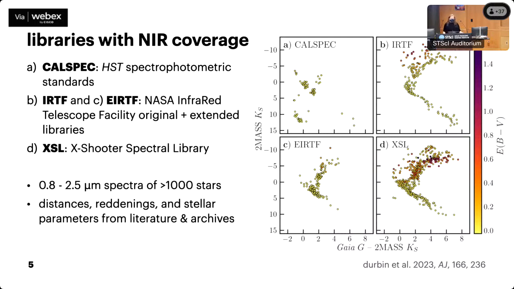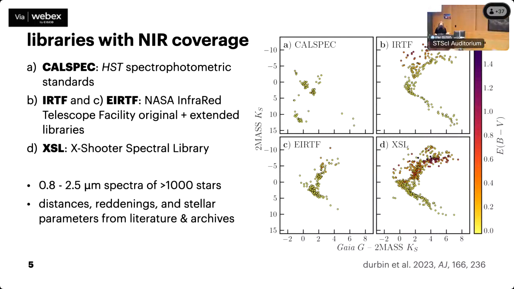And I want to highlight the X-Shooter library in particular because it's really what made this project work. XSL was designed to bridge the near UV through near IR for population synthesis applications. So they sampled nearly the full HR diagram pretty thoroughly, and for the AGB stars, they observed a number of them over multiple phase points in their variability cycles so that they could average them out in an integrated population. And X-Shooter is able to take simultaneous spectra with its 3 wavelength arms, so they were able to accurately capture the effects of variability over the full spectrum simultaneously.